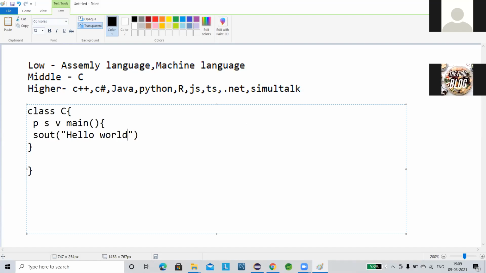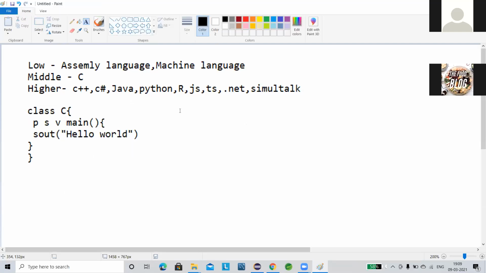So if a programmer wants to declare some result, you have to write up to that line of statements in the class and the interface. This is the Java programming language.